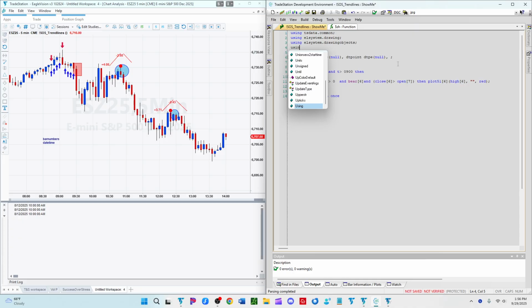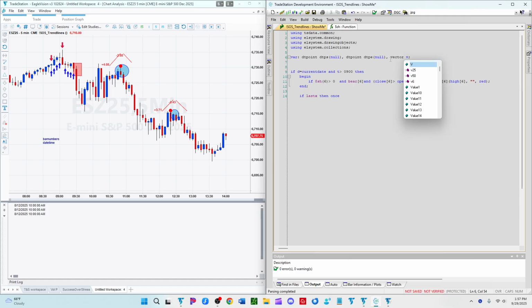So we're going to use EL System.Collections, and then we'll have a vector v highs, v high. I'm going to put v high p for point because we're going to use a DateTime point or a BarNumber point. And then that's going to be null. And then we'll have a vector of the v values